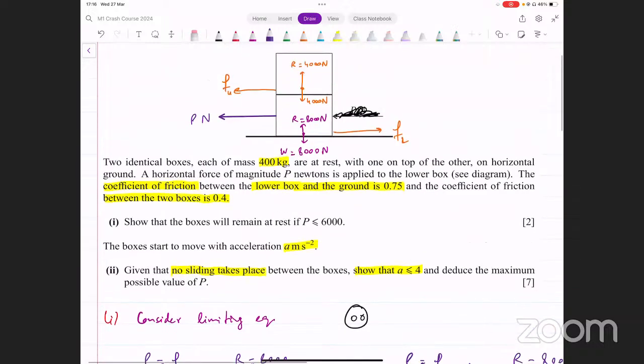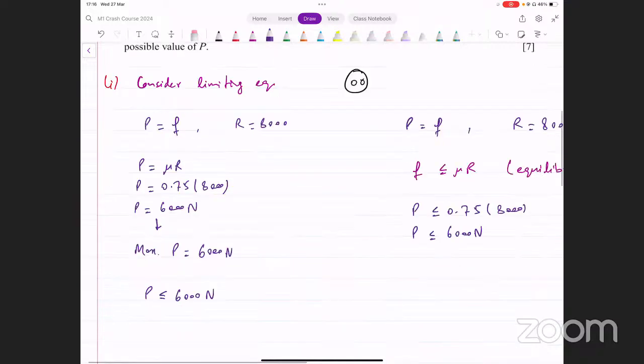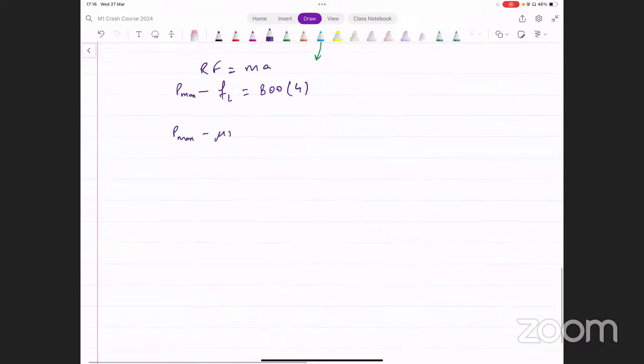What's that? Since the objects are moving, friction is going to be at its maximum value. We can say that's mu times R. In this case, mu and R are going to be for the lower box now. On the right side, we have 3200. So P max equals